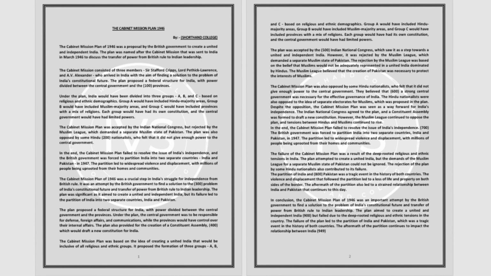The plan aimed to create a united and independent India, but failed due to the deep-rooted religious and ethnic tensions in the country. The failure of the plan led to the partition of India and Pakistan, which was a tragic event in the history of both countries. The aftermath of the partition continues to impact the relationship between India